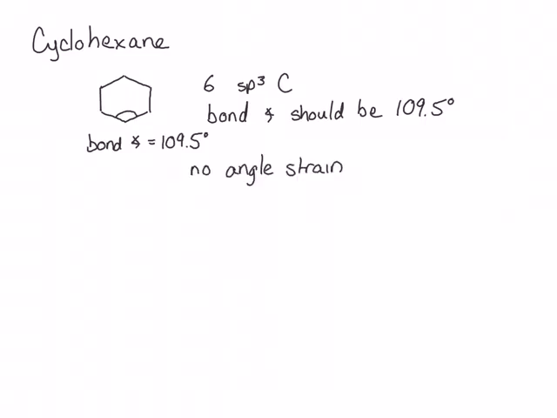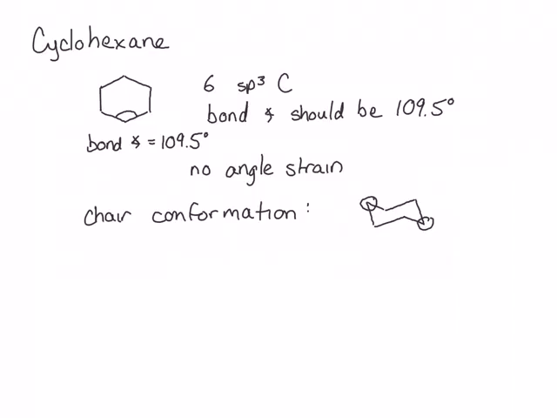In order to attain these 109.5 degree angles, a cyclohexane ring adopts something called a chair conformation. That chair conformation looks like this. It's called a chair because it has a head and a footrest, kind of like a lounge chair. I would strongly suggest that you make a model of cyclohexane and see if you can form it into a chair conformation such as this, so that you can see what we're trying to represent with our flat drawing of a 3-dimensional chair, and it will also help with the Newman projection that we're going to draw